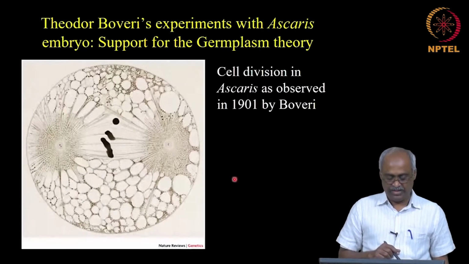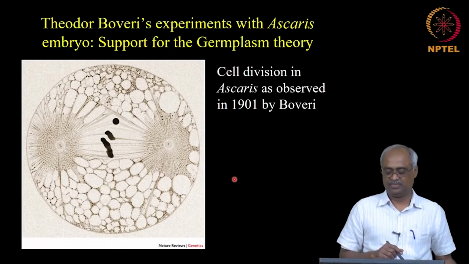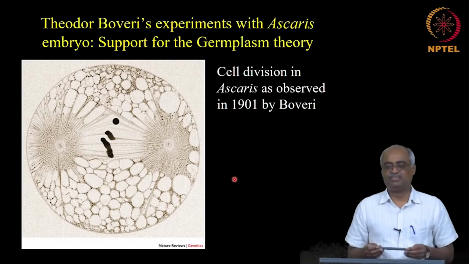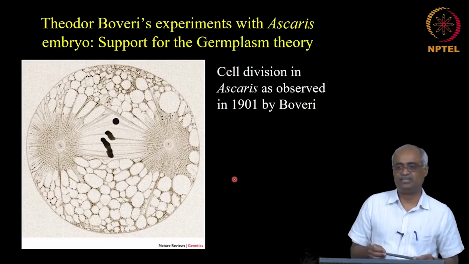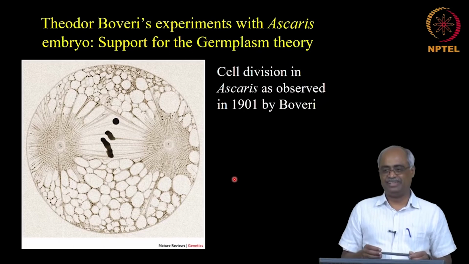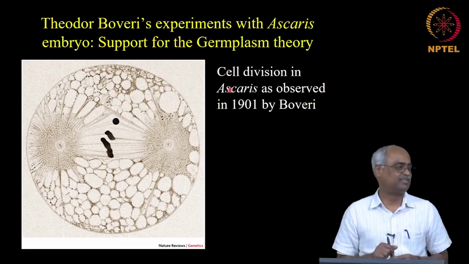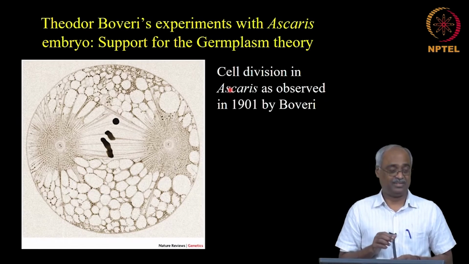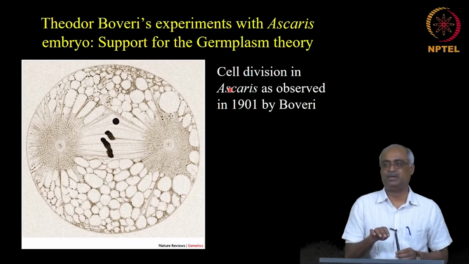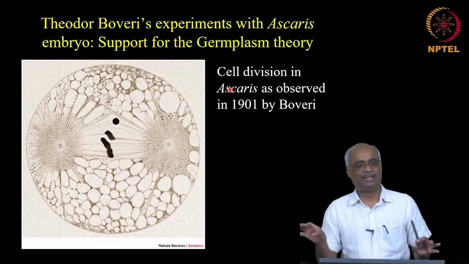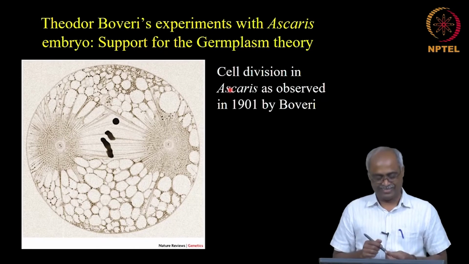So, Boveri did additional experiments that supported germplasm theory. That is primarily because of the organism he chose. C. elegans was not the first nematode that was picked up for studies. In 1901 Boveri was using Ascaris, but you need to remember Ascaris is a parasitic nematode. Finally, Boveri died of infection by Ascaris years later. He had a long life, but died of the model organism.